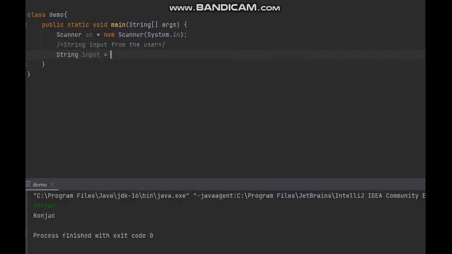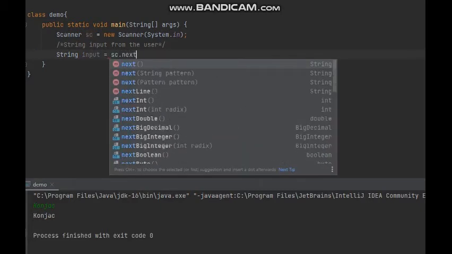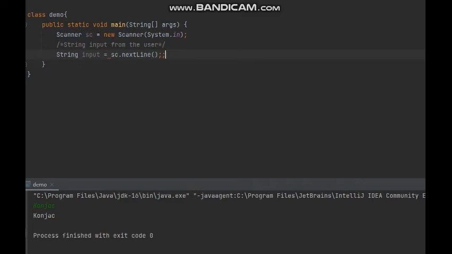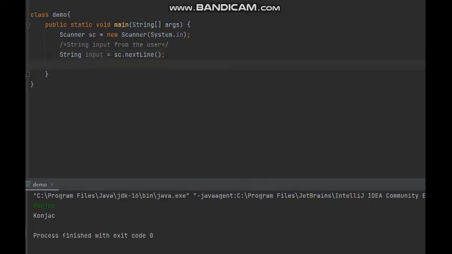String input is equal to scanner dot next line. I have taken the user input here, and now I'll try to capitalize the first letter of a given word. For that I'll be taking another string.